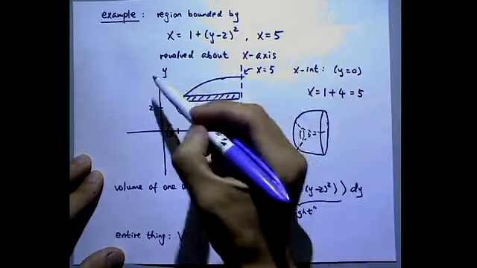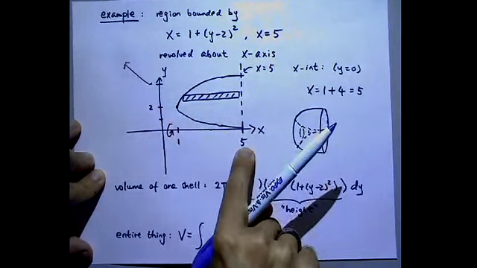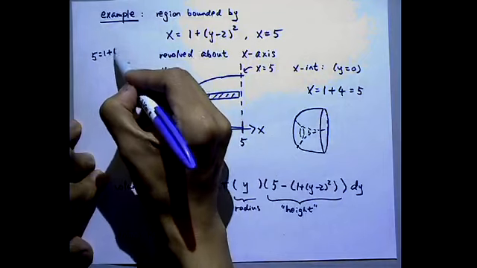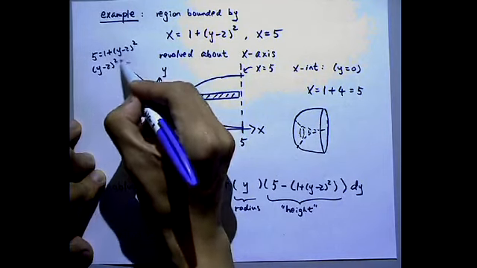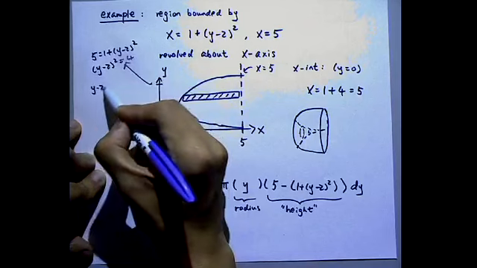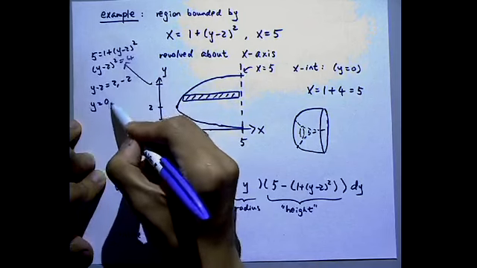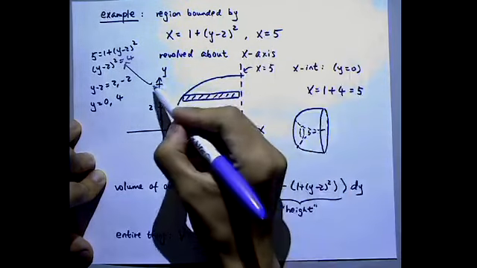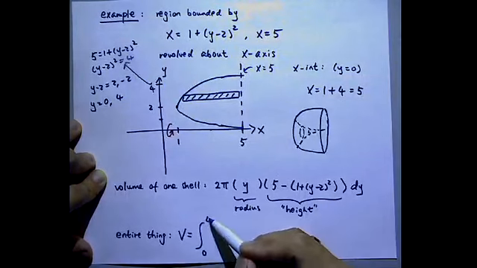So what is this? This other one, this is when x is equal to 5. When we plug that into here, so y is equal to 0, y is equal to 4. So these are the two points where intersection happens. 0 to 4,